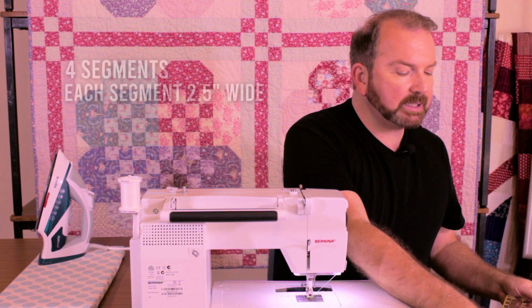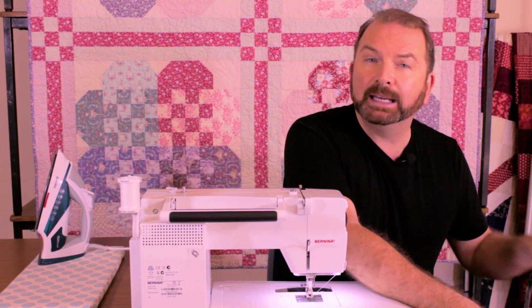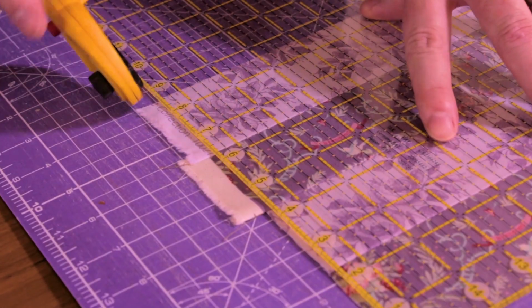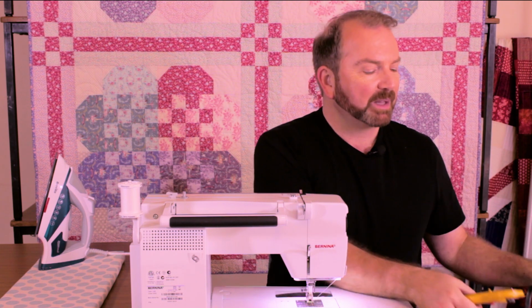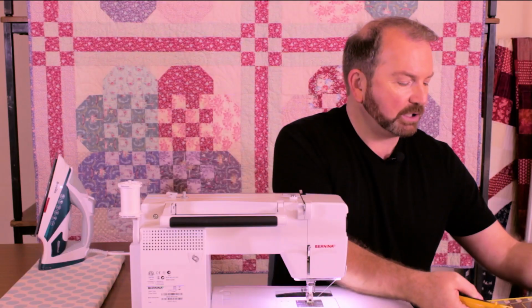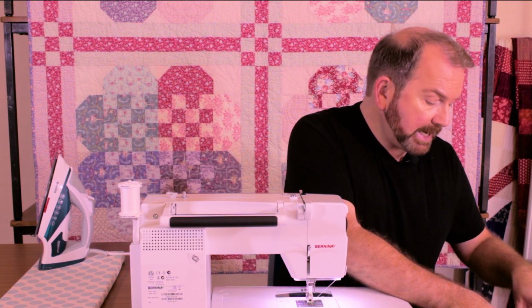Now, whenever you're cutting up a strip-pieced segment, it's a really, really good idea to line up as many lines on your ruler as you can with the seam lines that you've actually sewn. This helps to ensure that not only is the edge of your patchwork straight, but it also means that everything further down the line is straight and true. So I've trimmed off one edge, turned my patchwork around, and now I'm simply going to cut 4 2.5 inch wide segments